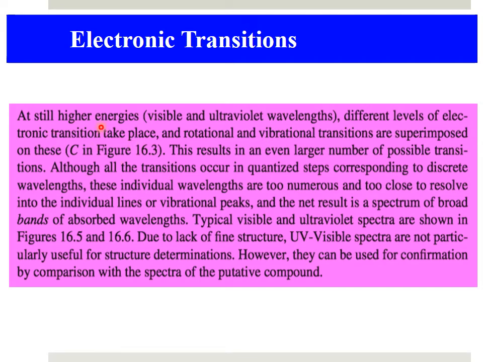So at still higher energies, that is, visible and ultraviolet wavelengths, different levels of electronic transitions take place, and rotational and vibrational transitions are superimposed on these. The result is an even larger number of possible transitions. Although all the transitions occur in quantized steps corresponding to discrete wavelengths, these individual wavelengths are too numerous and too close to resolve into individual lines or vibrational peaks, and the net result is a spectrum of broad bands of